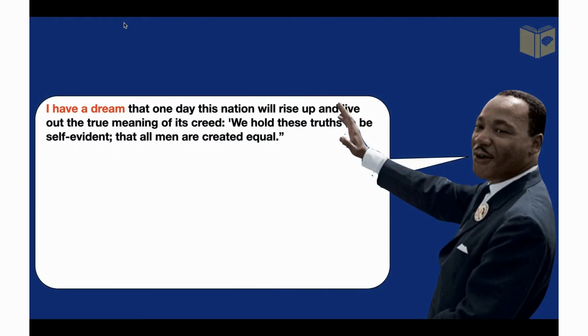Now we return again to Martin Luther King. I have a dream that one day this nation will rise up and live out the true meaning of its creed: We hold these truths to be self-evident, that all men are created equal. I have a dream